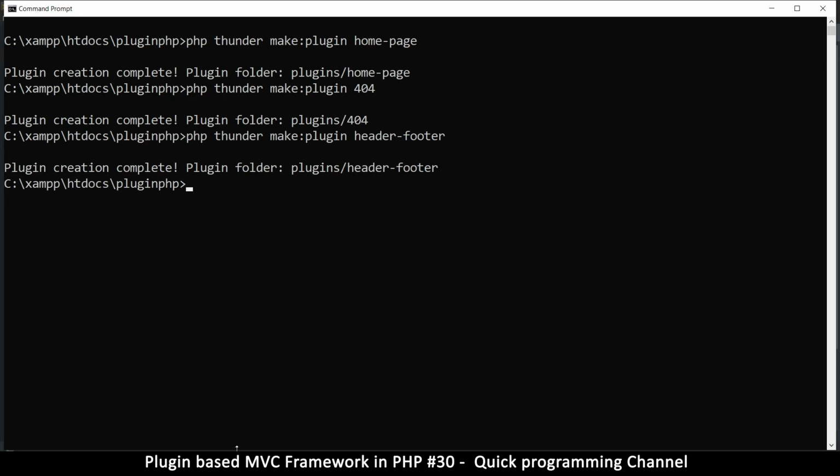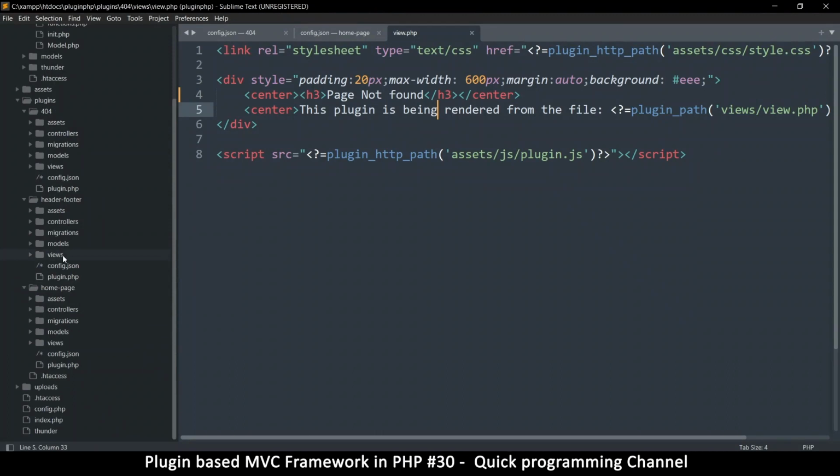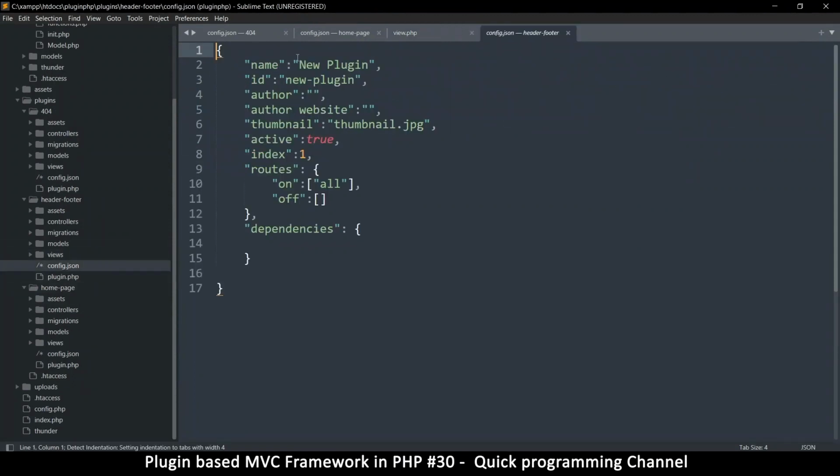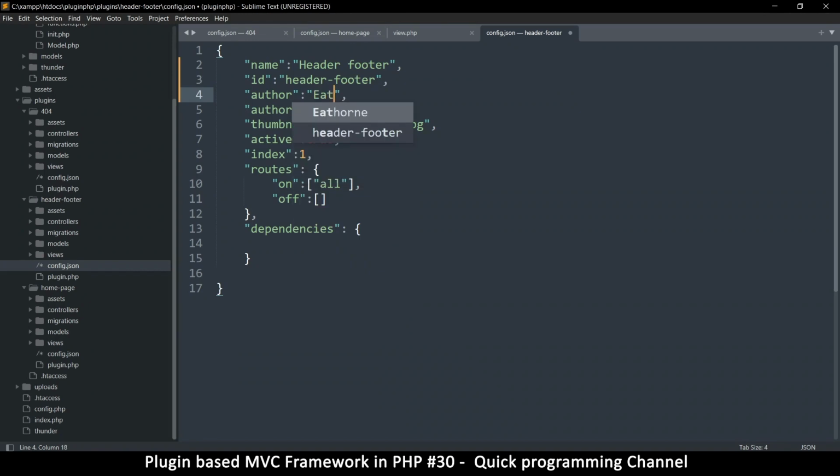So we will see how that can be done if that's what you want as well. Okay, so now we have a header footer plugin over here. Great. Let's go in there and edit that as well. So this one is header and footer. So we'll name it conveniently header footer, and you can put all the details required there,